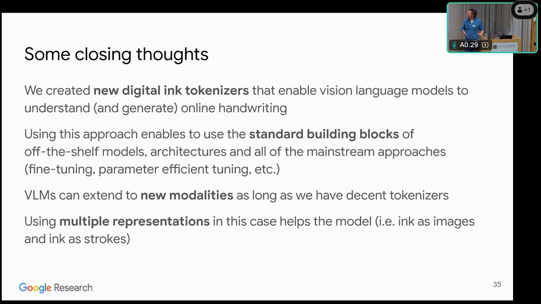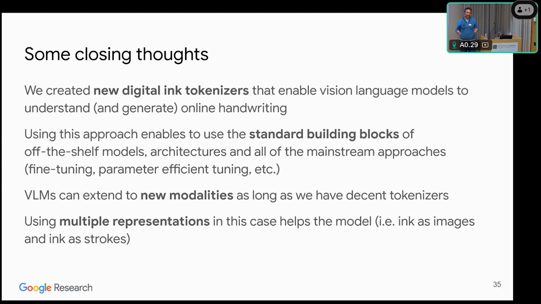And if you think of it, what we were doing before was training very specialized RNN architectures that were hyper-optimized for online handwriting recognition, with years and years spent optimizing these things.